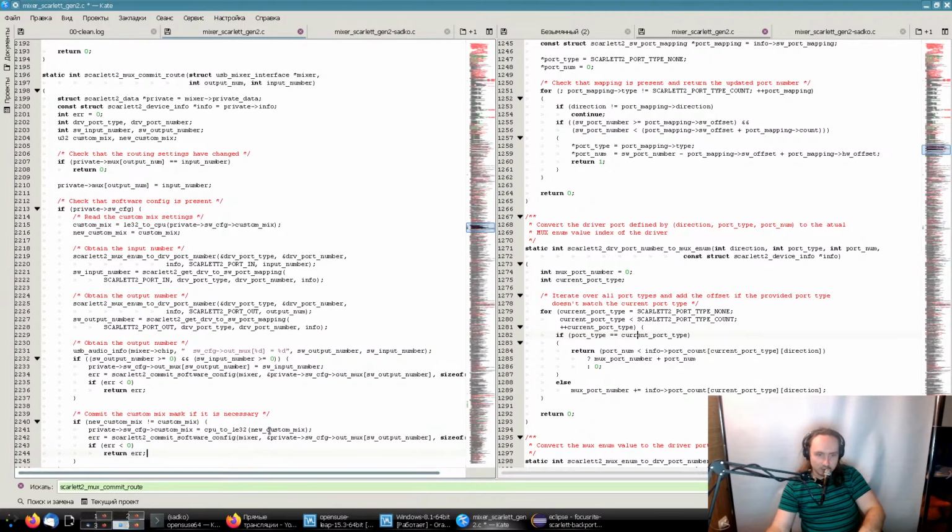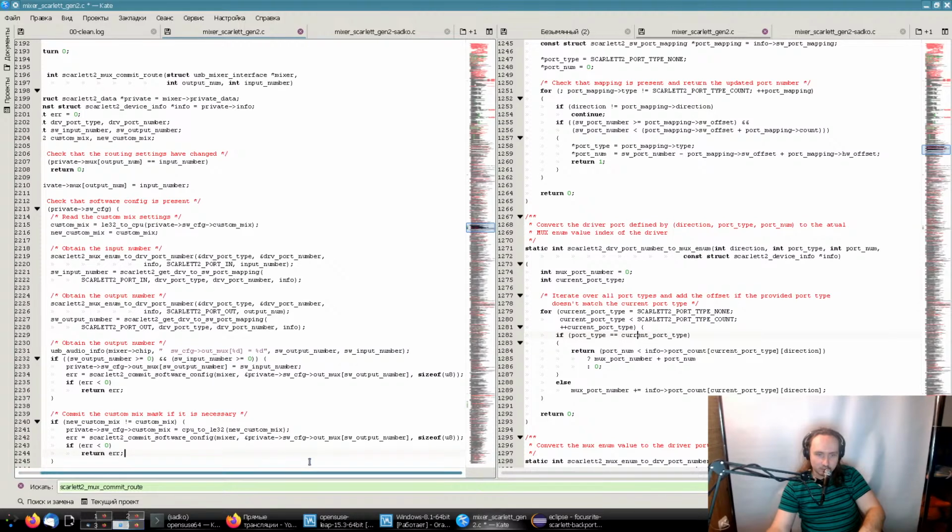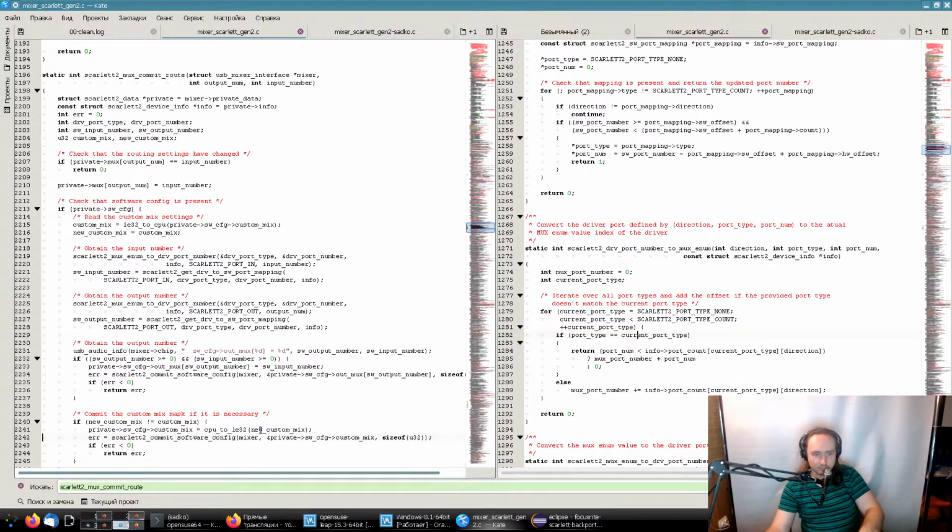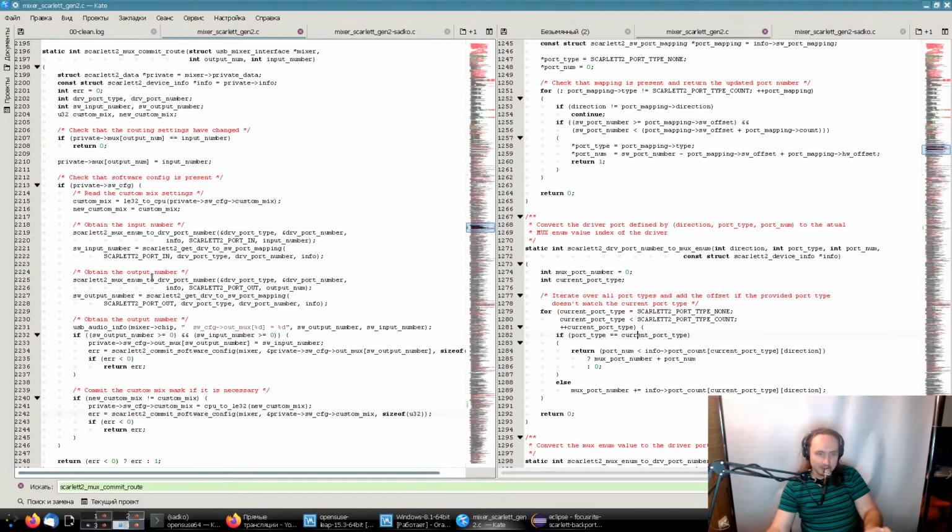So scar2 commit software config mixer and the address of this field that we need to commit. And the size of this field is 32. That's pretty enough. That's pretty good. The only thing left is that we need to properly